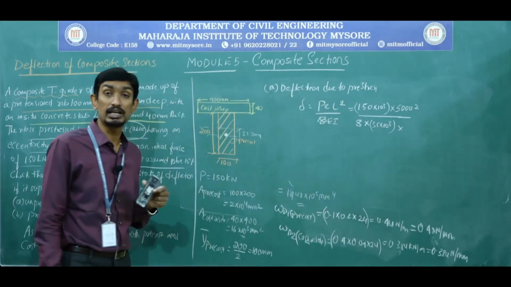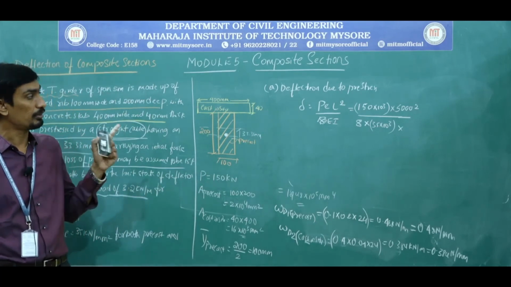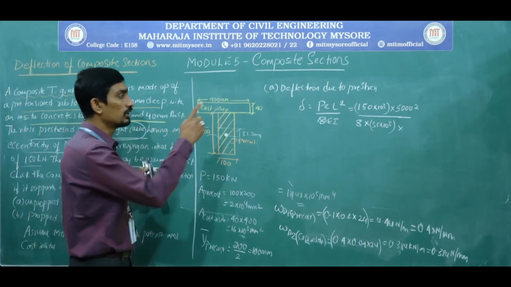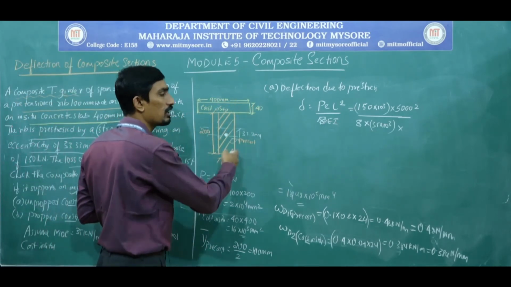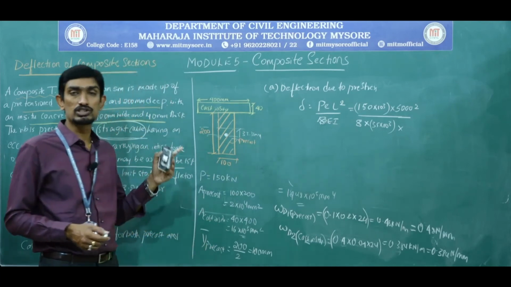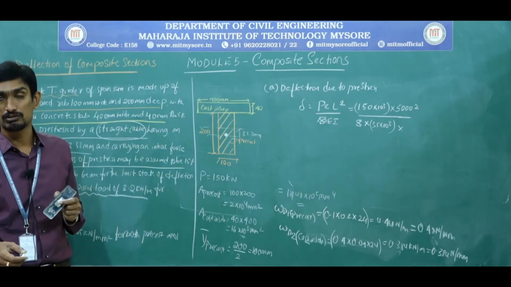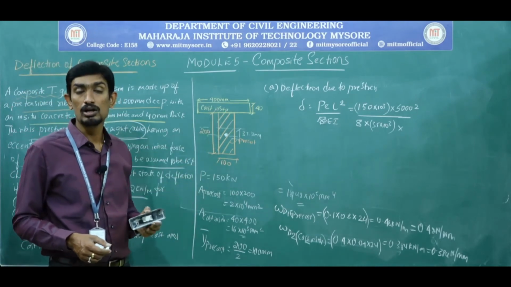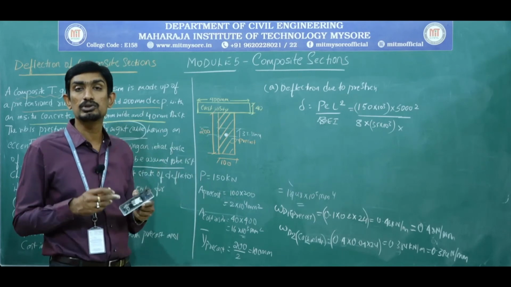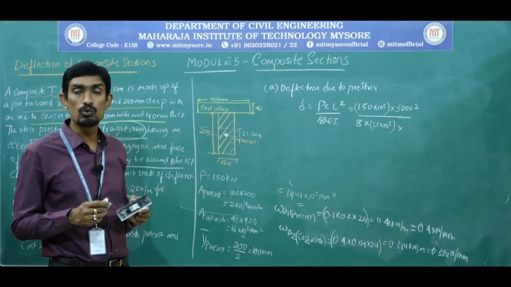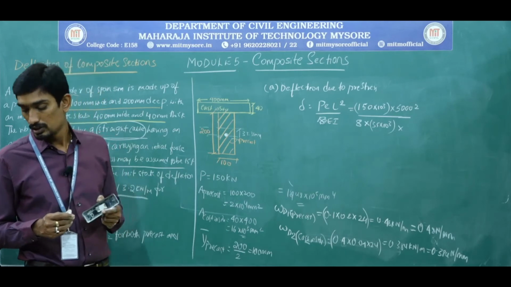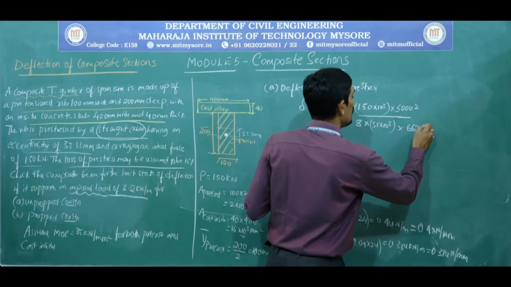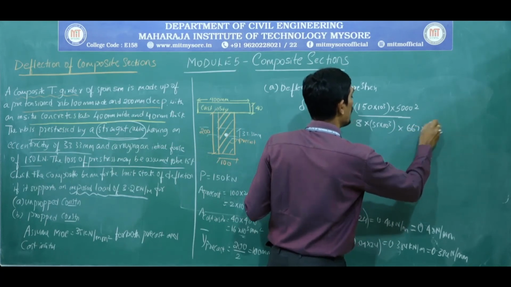Next, moment of inertia of the precast. You need to be very careful. That's what I have been told. Since you are calculating deflection due to pre-stress, the pre-stress will be done only to the precast pre-tension beam. Am I right? So hence you need to consider I precast. Did you get my point? You cannot take the I of composite. You cannot do the pre-stressing for the entire composite section. You are doing the pre-stressing only for a precast beam. So hence I precast is 67 into 10 to the power of 5.